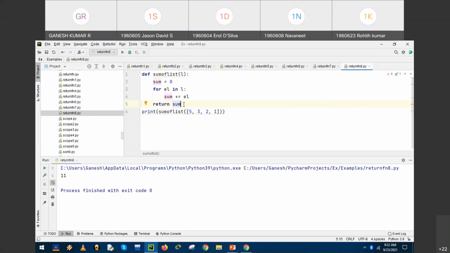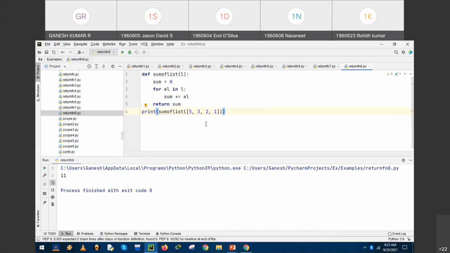Is it clear? Any doubts? So in the first example, it is simply the keyword itself without any expression following it. Okay.